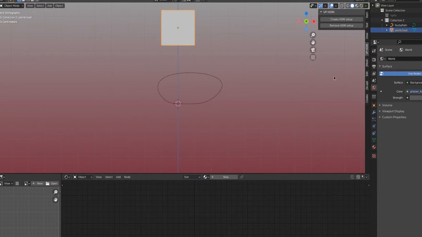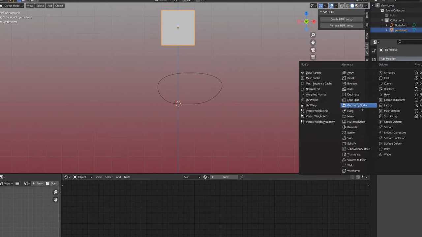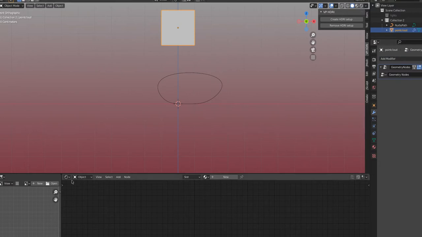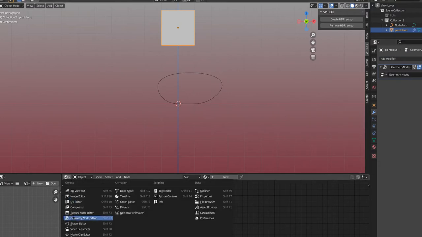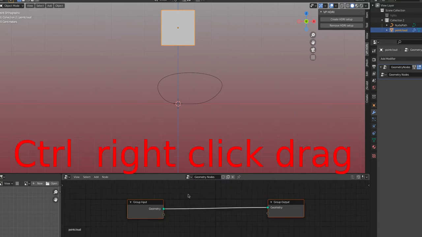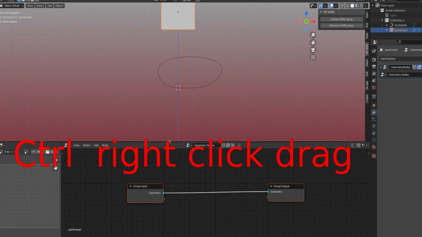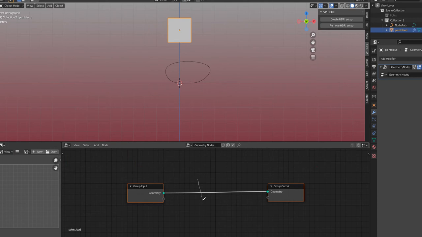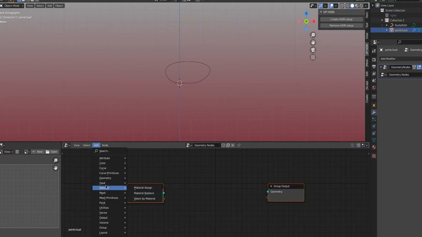I select the point cloud and put a modifier on it, geometry nodes modifier. I'll slice through the noodle with Control right click, and that makes the cube disappear. But the point cloud is still there. So